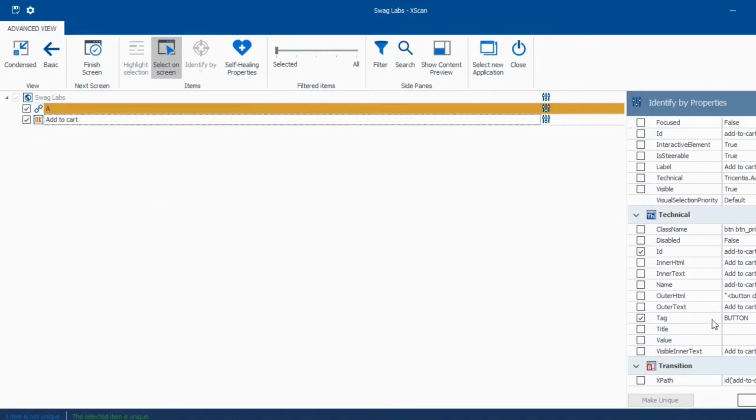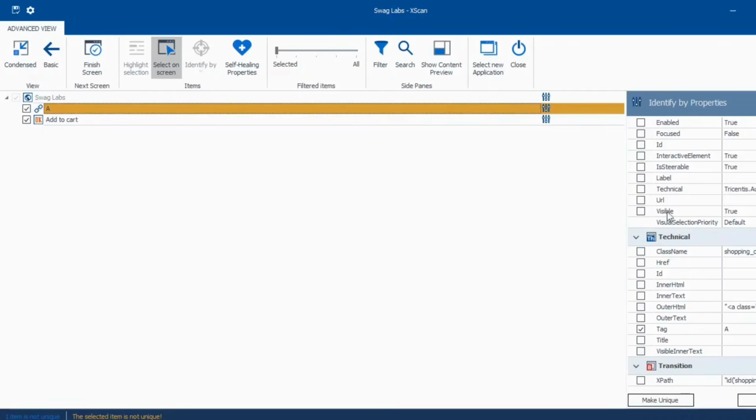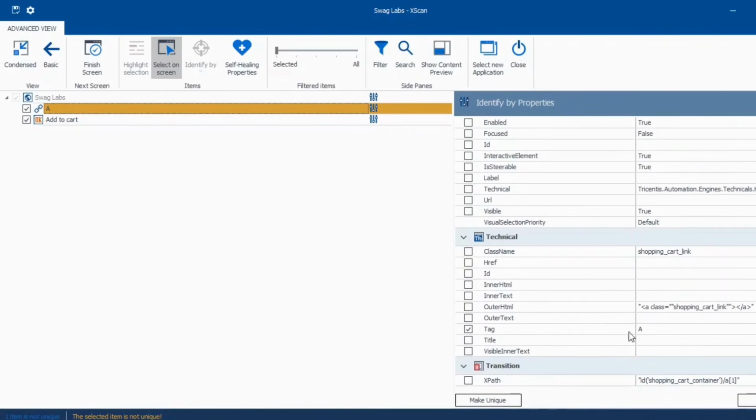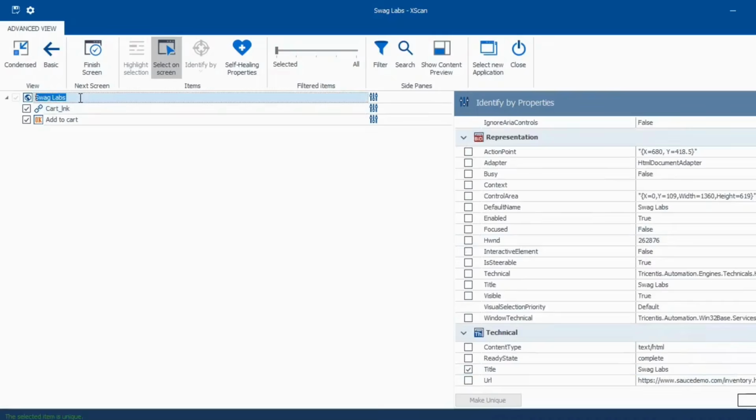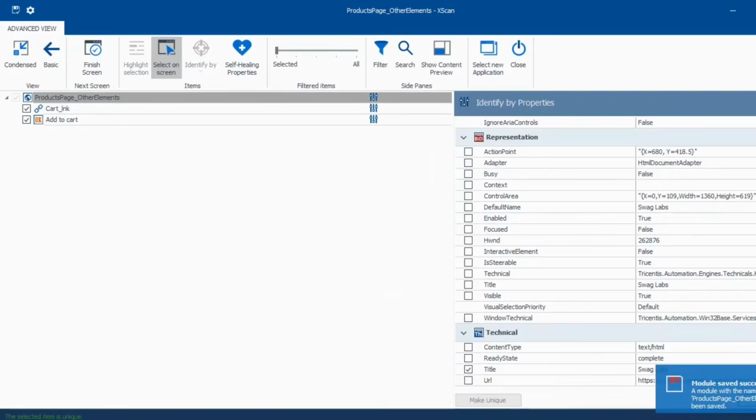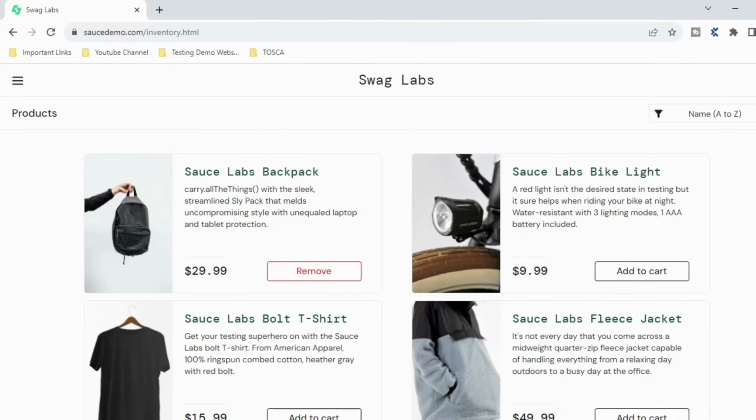So add to cart is unique, however the link image is not, so we'll see with which property we can. So here if you see, we can take the class name shopping cart link because there is going to be only one cart link here. So I can write that cart link and I'll write products page other elements. I'll just save this and we'll close this, and I'll click on add to cart,